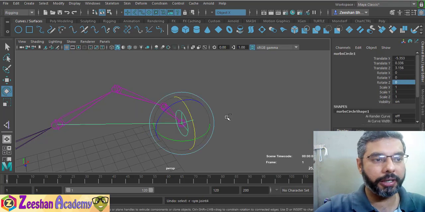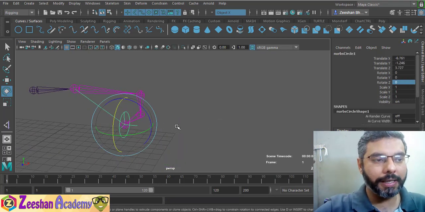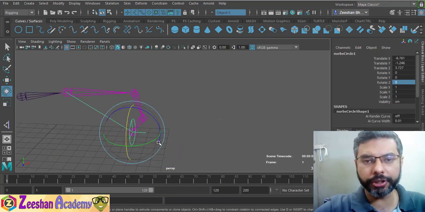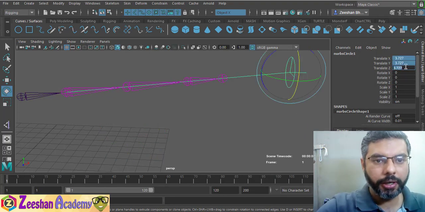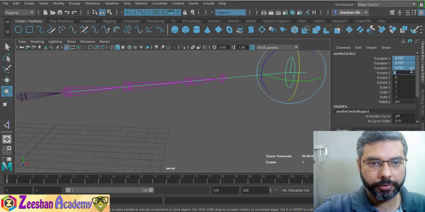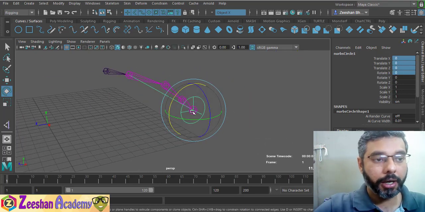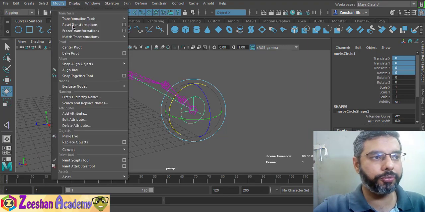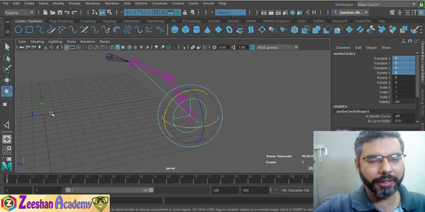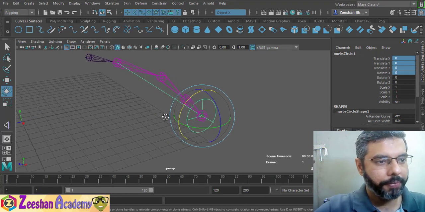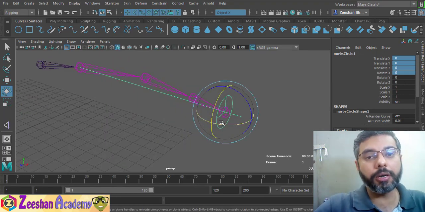This is a problem that occurs whenever we try to create a basic parent constraint with the locators. So I select, press 0 here, and sorry, not this, go here, press 0, enter. So the locator rotates, comes back to the default position. That's why we use freeze transformation. It's better than doing undo, undo, undo continuously. So this is the basic problem that we encounter.